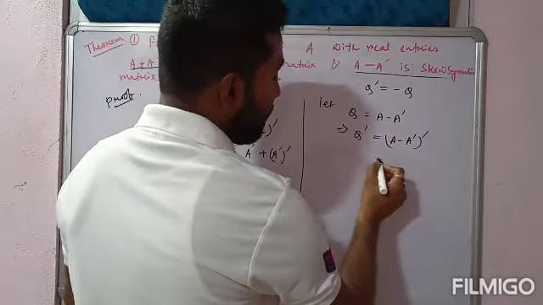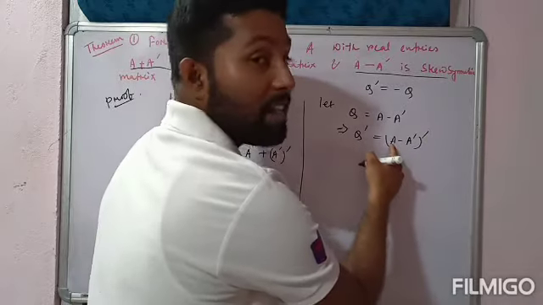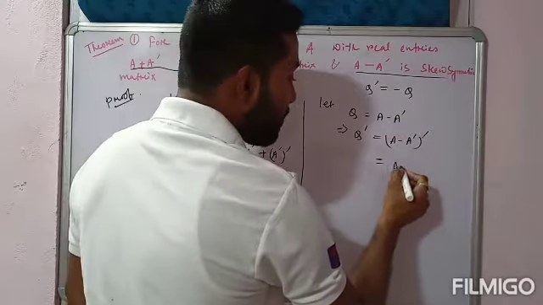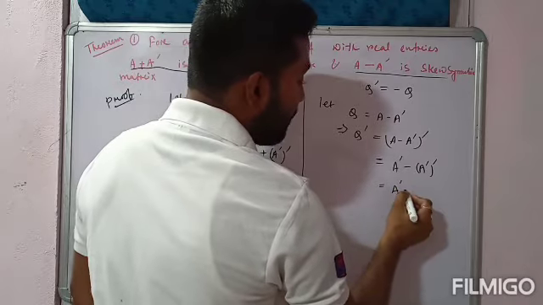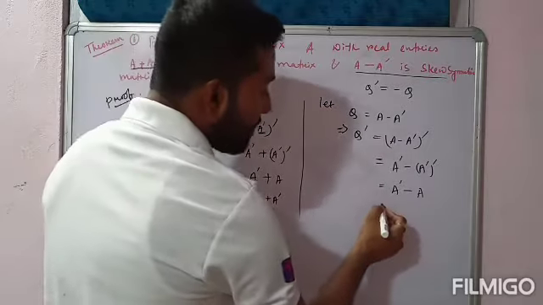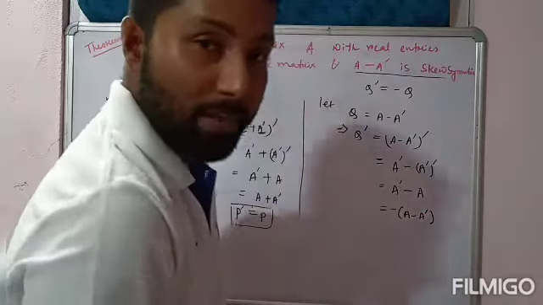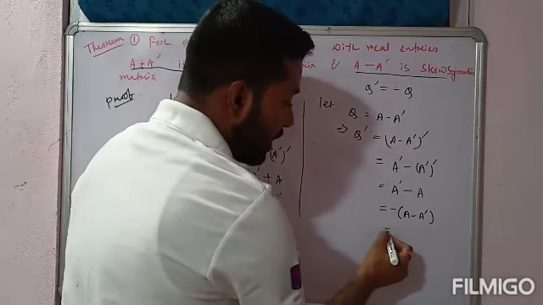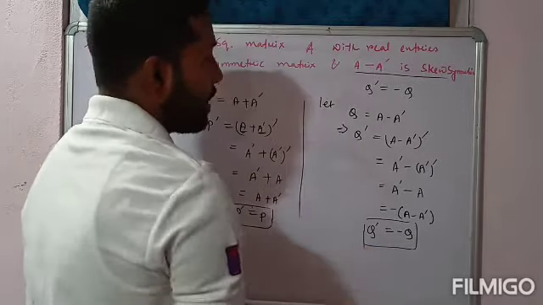Again we know the property of transpose of matrices, (A minus B) whole transpose. Let us consider the first term be A, whereas the second term say B. So (A minus B) whole transpose is equal to A transpose minus B transpose. This is equal to A transpose minus (A transpose) whole transpose, which is A. Now if I take minus common, this will be minus of (A minus A transpose). And this A minus A transpose is nothing but the value of Q. So this is equal to minus Q. Q transpose is equal to minus Q.